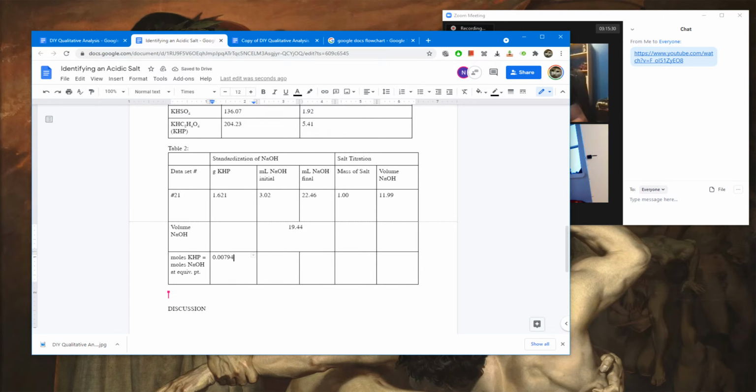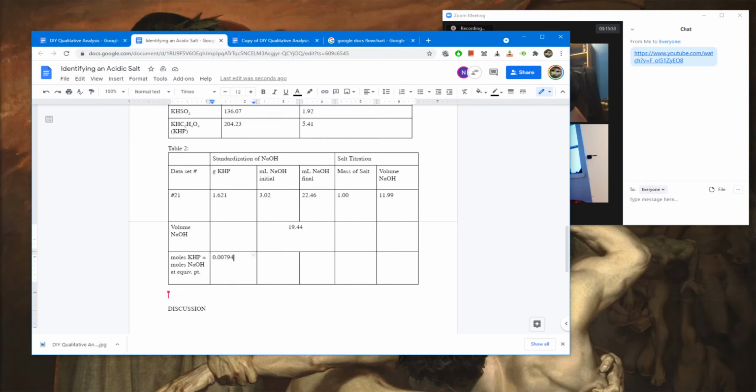And that's equal to whatever the moles of NaOH at the equivalence point. Correct. And so now we take